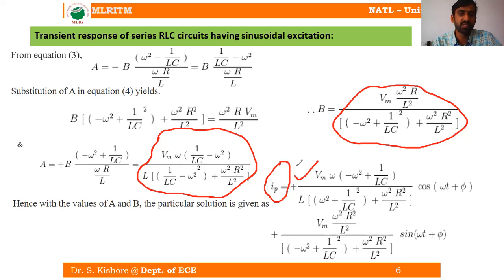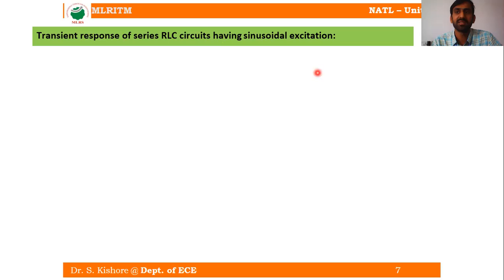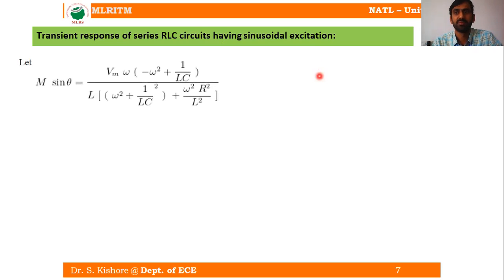What is the complementary function? The complementary function is going to be the same as your DC response. But here, as it is a second order differential equation, for the DC response we have three different conditions. So before that, to simplify those equations, let us consider